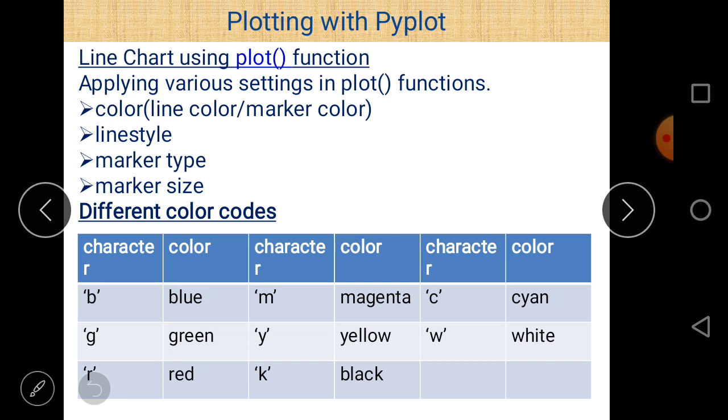These colors can be used directly. But if you want to give them shortcut names, they can be represented by different characters. For example, for yellow there is the character y, for black there is the character k. There is a table, you can easily see that there are different characters for different colors, so you can easily use them.